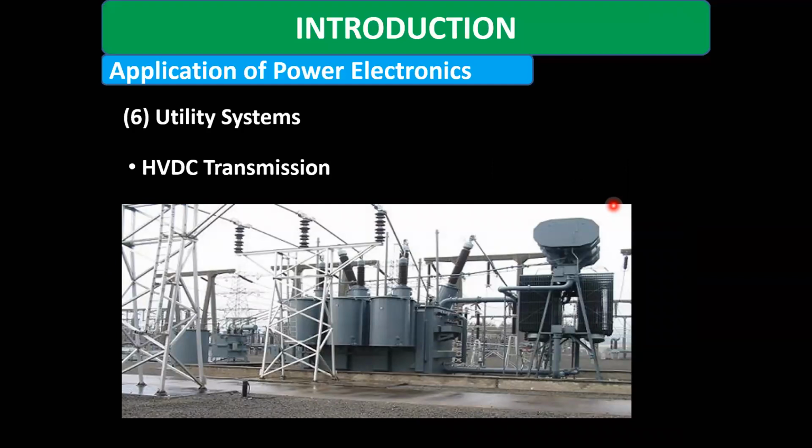And nowadays in the utility system, in the HVDC transmission line system, in that case also we use this power electronics converter. That is, if the generation is AC and the requirement is AC, but in between, if you are transmitting some amount of power, and due to the number of towers and wires, we are not getting the total full voltage. That is, if you are generating 100 megawatts through the power plant's mechanism, and it is connected to the transmission wire, and this is connected with the load, right?